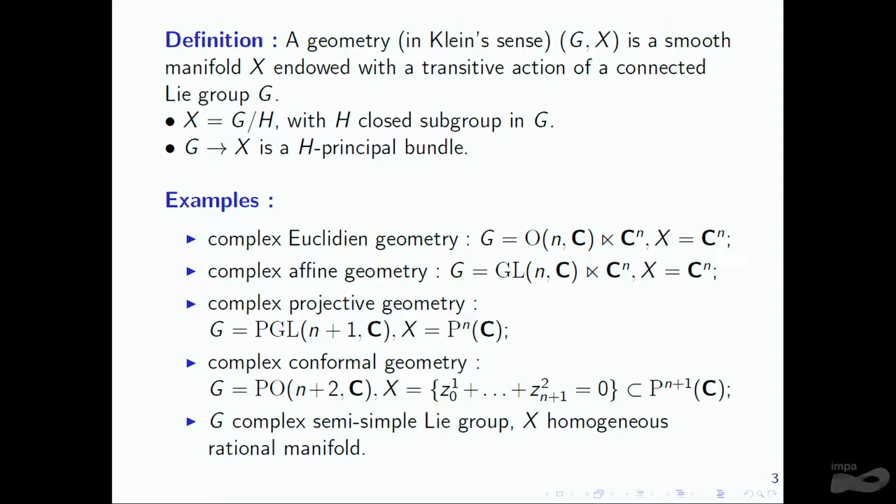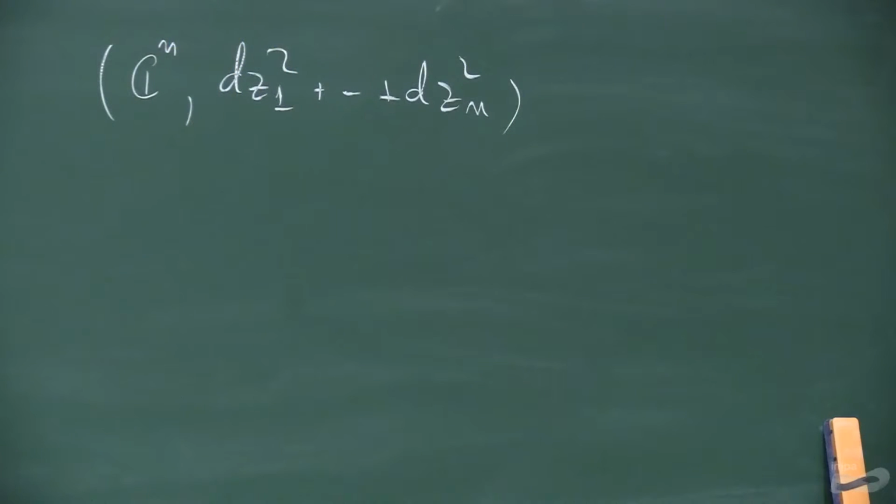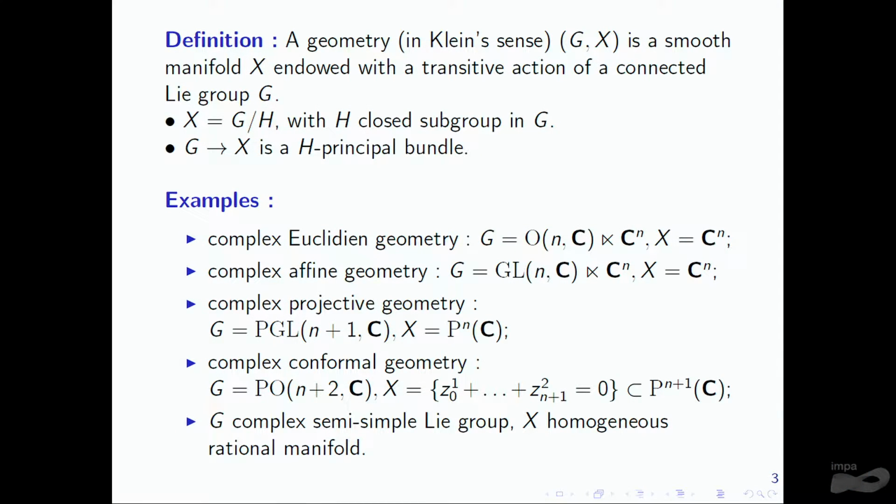So think of it as being C^n with the standard non-degenerate quadratic form. So it's not a Hermitian thing, it's a complex quadratic form of maximal rank. The symmetry group is the group of Euclidean motions, which is a semi-direct product of the orthogonal group of this quadratic form with C^n acting by translations. And other examples I have in mind are the affine geometry, the projective geometry, and in fact, I think also all those G over P, where G is a complex semi-simple Lie group and P a parabolic subgroup in it. For example, this encapsulates the projective space, flag manifolds, Grassmannians, but also these smooth